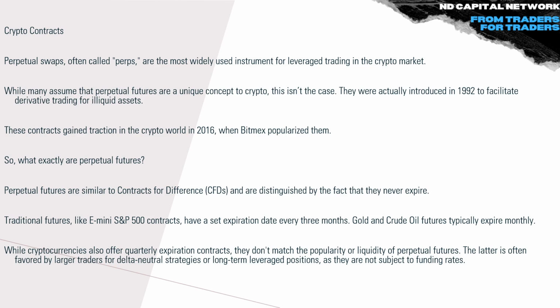And what exactly are perp futures? Perpetual futures are pretty similar to CFD contracts, and are distinguished by the fact that they have no expiry date. The traditional futures like S&P, Nasdaq, GC, do have an expiration date every 3 months. Gold and crude oil usually expire monthly. And while cryptocurrencies also offer quarterly expiration contracts, they don't match the popularity or liquidity of perpetual futures. These are often favored by larger traders for delta neutral strategies or long-term leveraged positions, because they have no